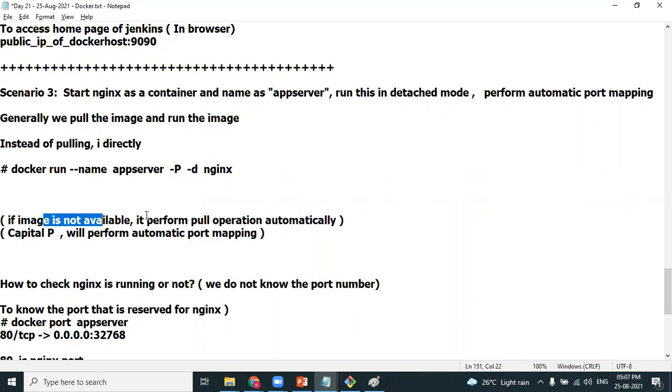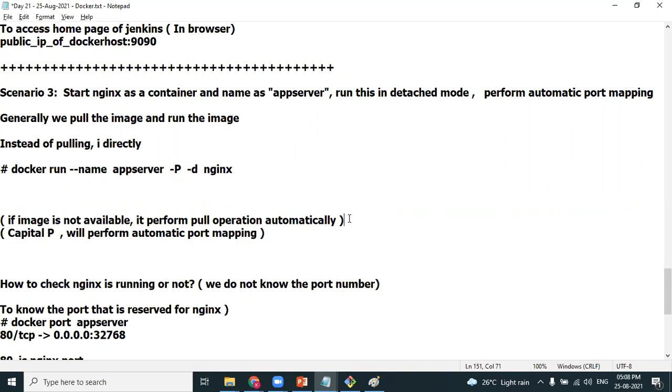If the image is not available, it will perform the pull operation automatically. So from now, we will not pull and run separately. We directly run it. If the image is there, it will use it. If the image is not there in the Docker host, the pull operation happens automatically, the image gets downloaded and then executed so that you get the container.